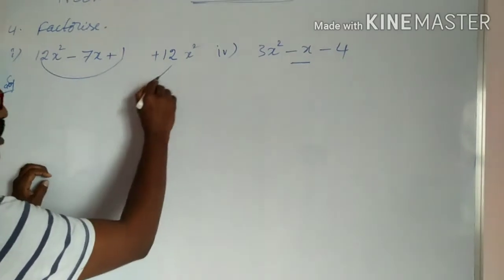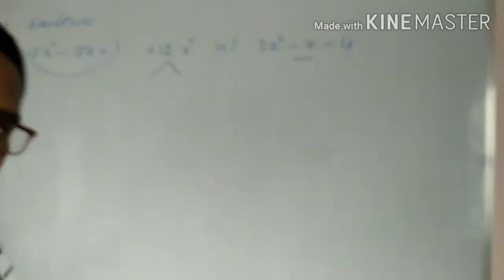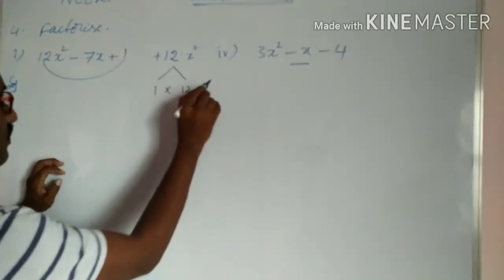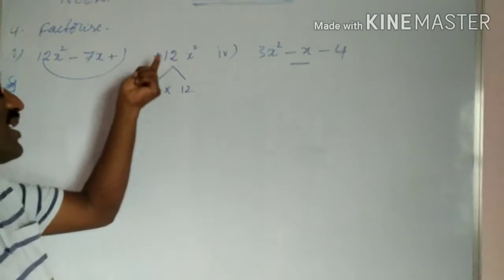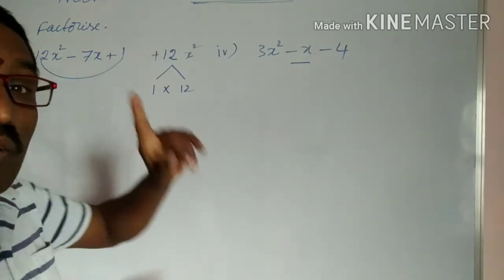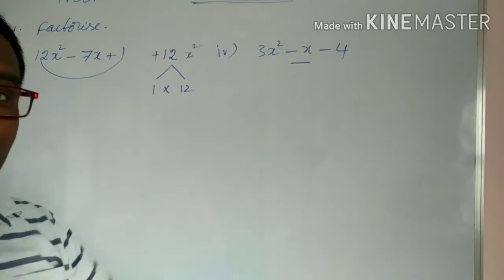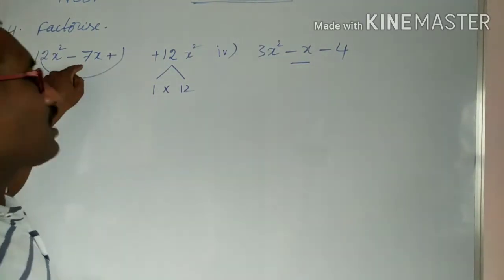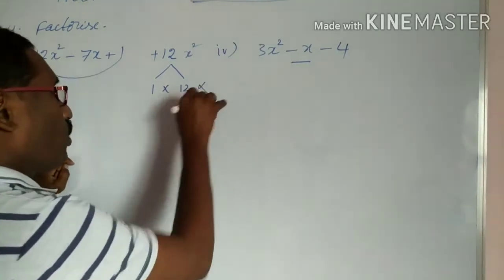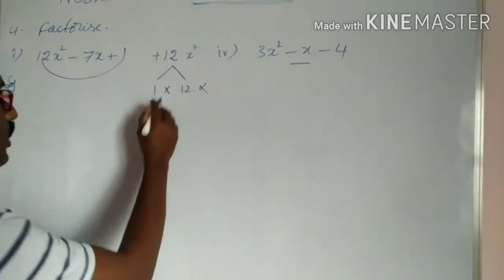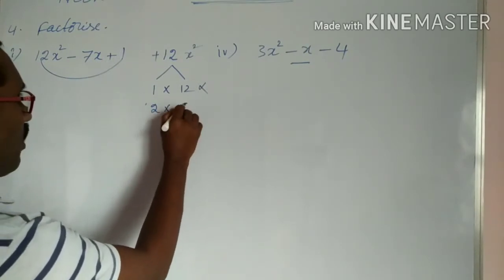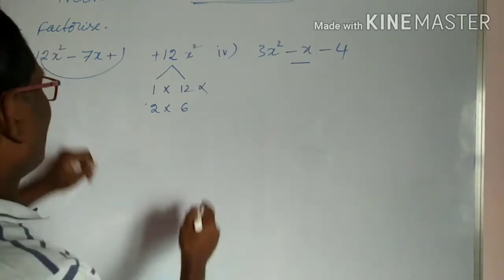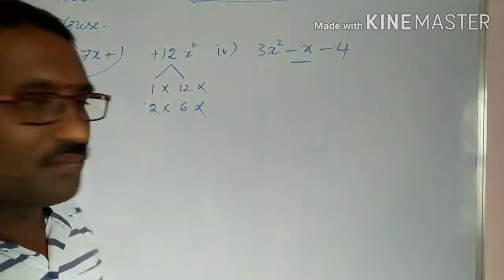Write all the factors of 12. Don't confuse, slowly you can start onwards. 1 12 are 12. What I said before: product positive means the sum of two factors is equal to the middle term. You have to select. Now do 1 plus 12. How much? 13. But here how much is there? 7. So this one, no. Don't take that one. Again 2 table: 2 6s are 12. Now do addition, 2 plus 6, 8. 8 is not equal to 7. So don't take this one.